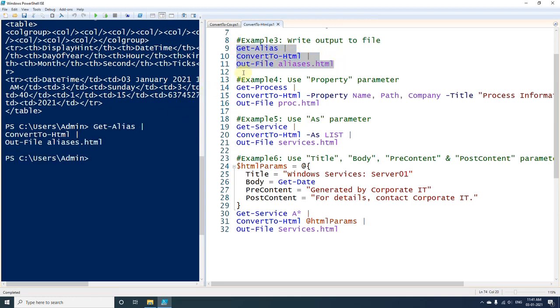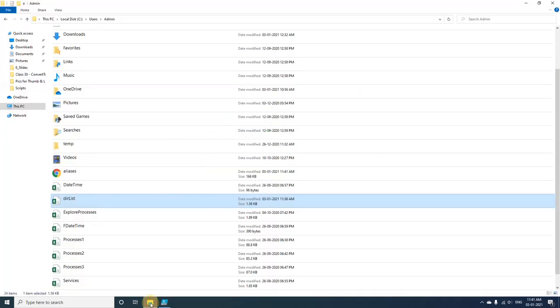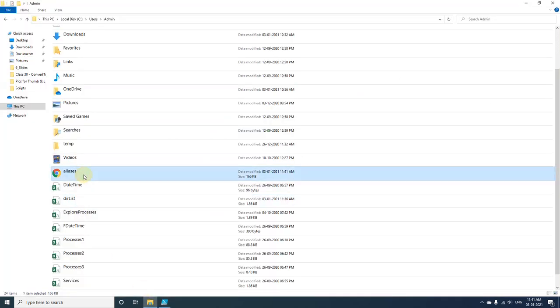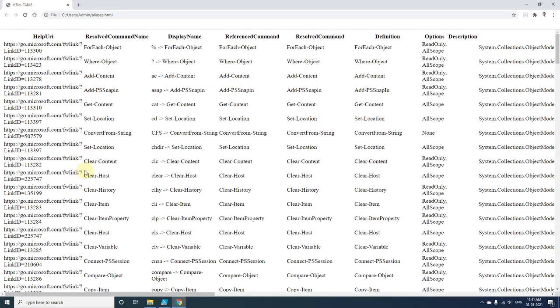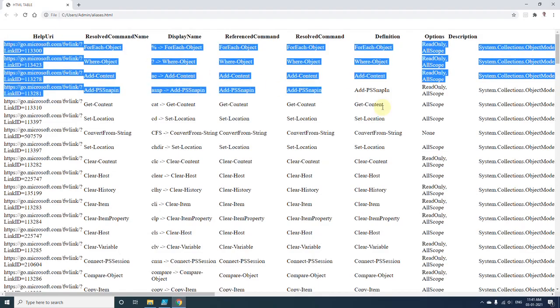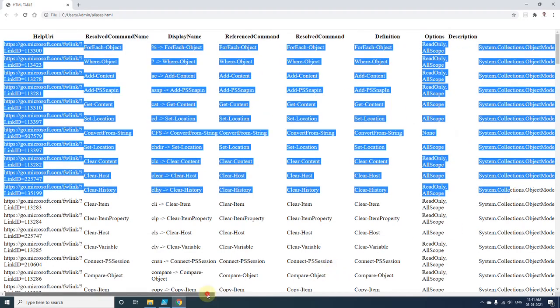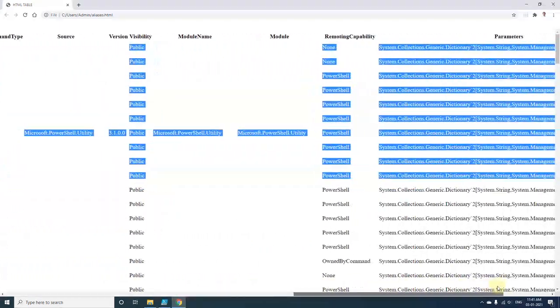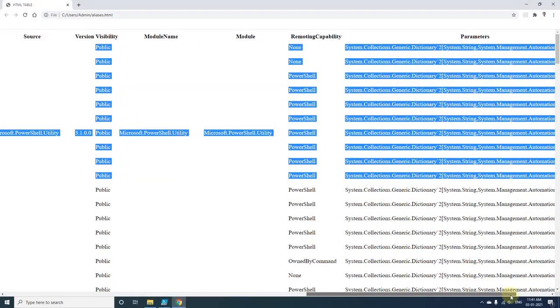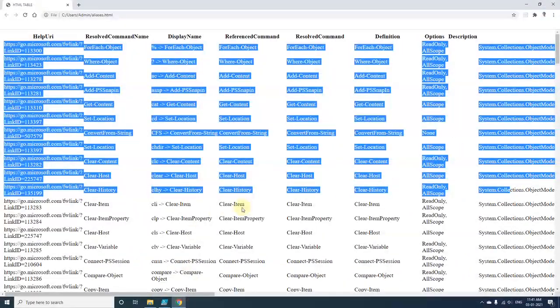So after I have executed, if I see in this folder, the aliases.html file got created. If I open this file, you can see that it contains the header in the first row which is in bold, and in normal font we have all the data. So the first row is the property also, and all remaining rows are values for those properties.